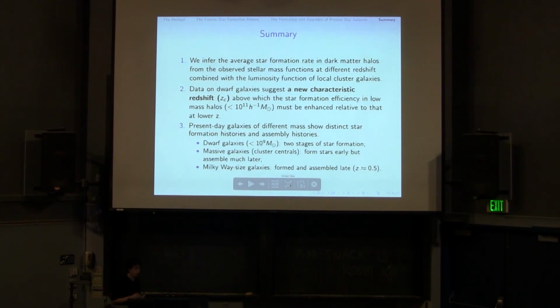Those galaxies of different masses show distinct star formation histories. Especially, I want to emphasize that those dwarf galaxies have two stages of star formation with a strong initial burst. The massive galaxies form stars early, but assemble much later. While for Milky Way-sized galaxies, they formed quite late. They build up their mass mainly after redshift 1. Okay, that's